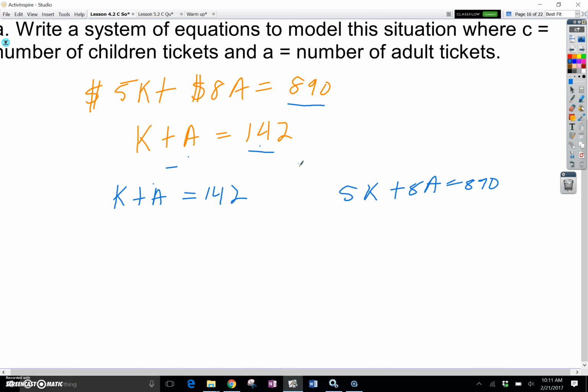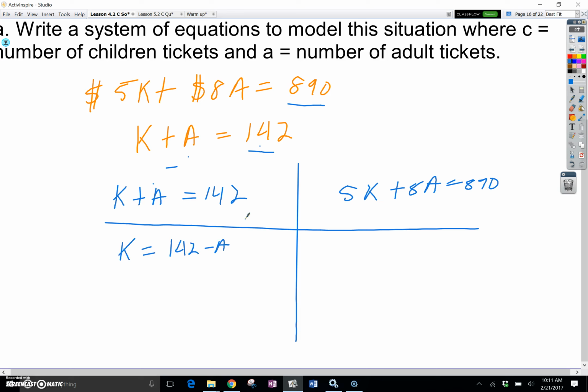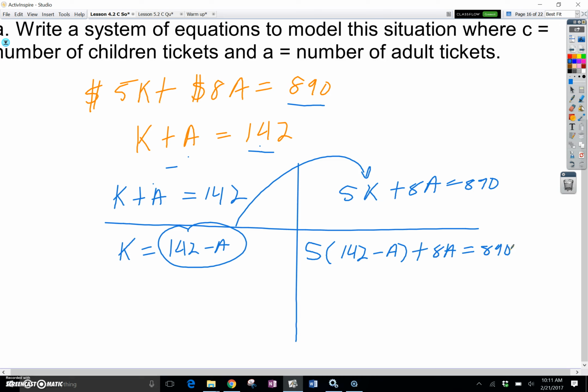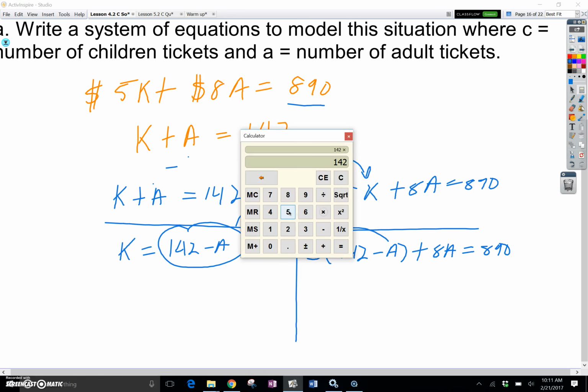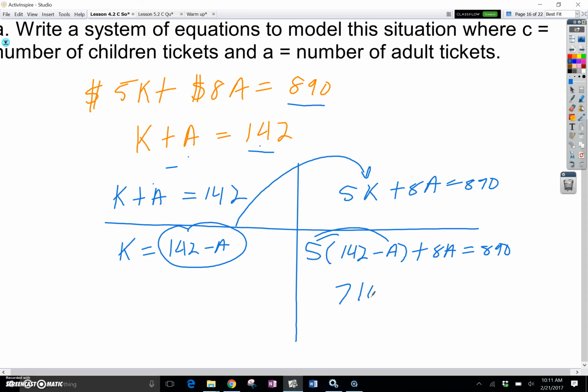Alright, so from there, I'm going to minus a on both sides to get k is equal to 142 minus a. So now I'm going to use substitution and plop that right there. So I'm going to have 5 times the quantity of 142 minus a plus 8a is equal to 890. I'm going to distribute, and I'm going to get 142 times 5 is equal to 710, minus 5a plus 8a equals 890. When I combine like terms, I'm going to get 3a